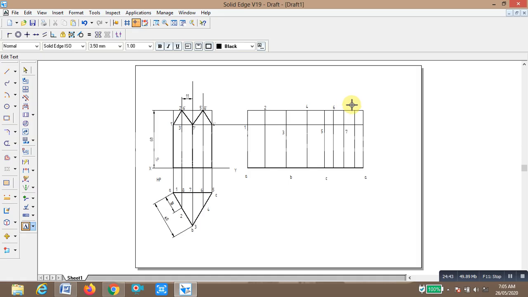So this we are going to make bold. Select the line command, thickness of the line is 0.5.